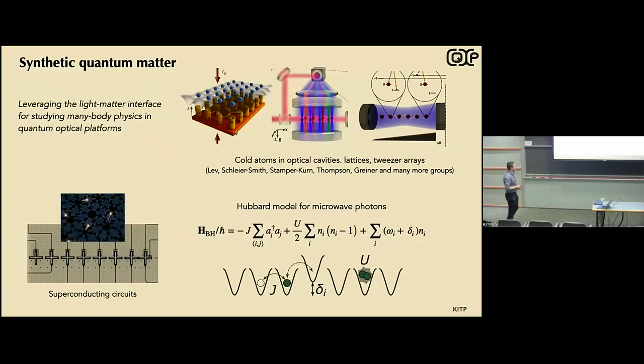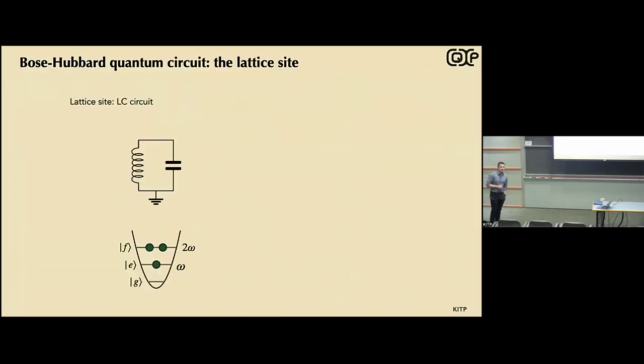So to start things off, to introduce the platform and how we're assembling these artificial materials, let's start with the basic building blocks. Since we're dealing with bosons, it's natural to make this out of microwave oscillators. The simplest harmonic oscillator that you can make in the lab is an LC oscillator. So you have this harmonic oscillator, energies are equally spaced. And you can make lattices out of this, but it's not going to be an interesting problem until you start to introduce strong photon-photon interactions, which in our case, we can easily achieve